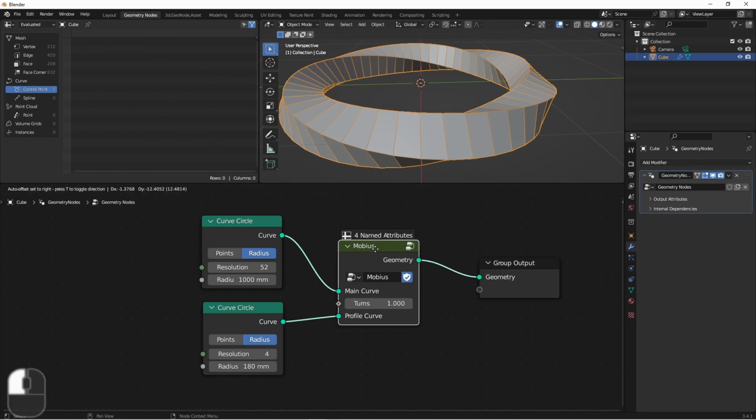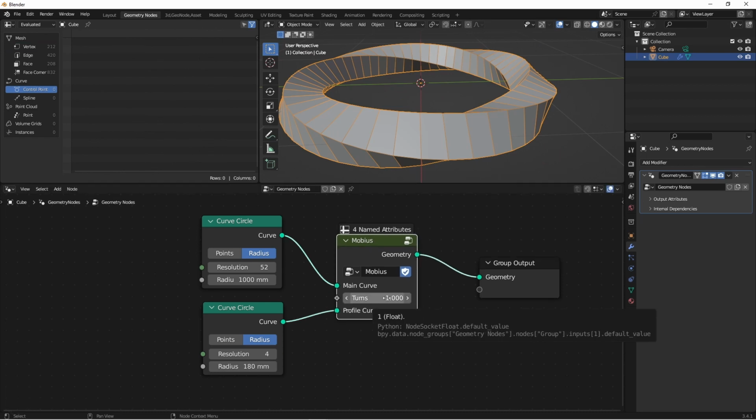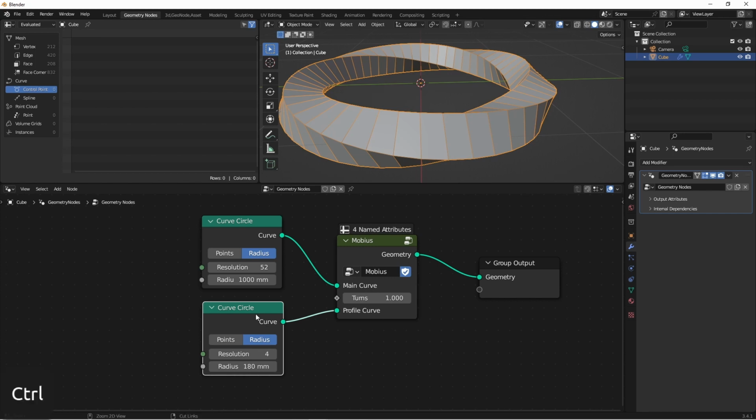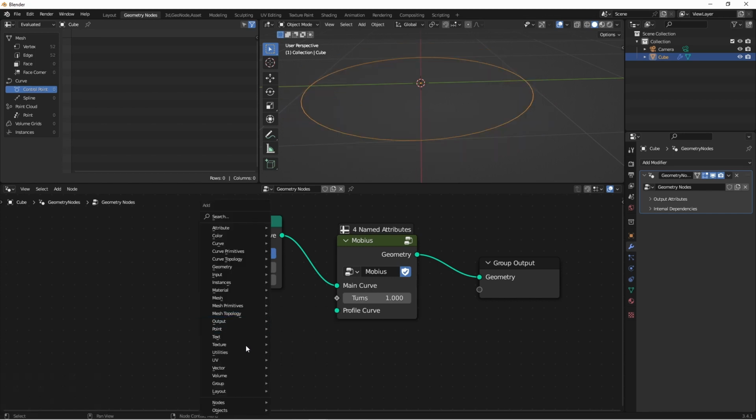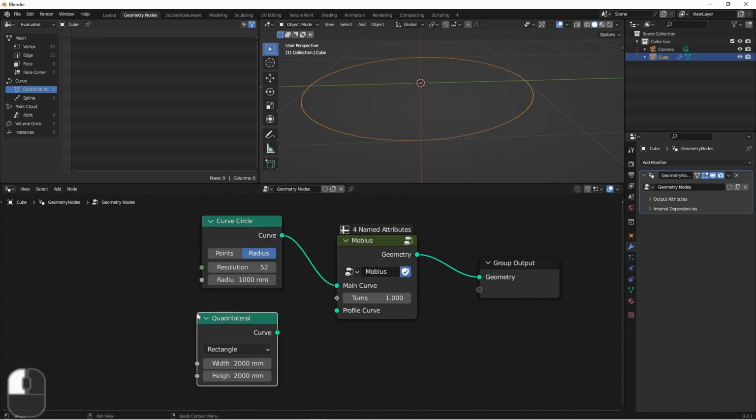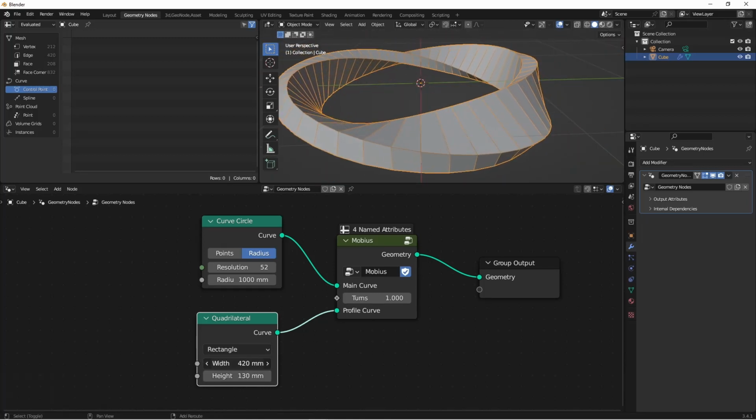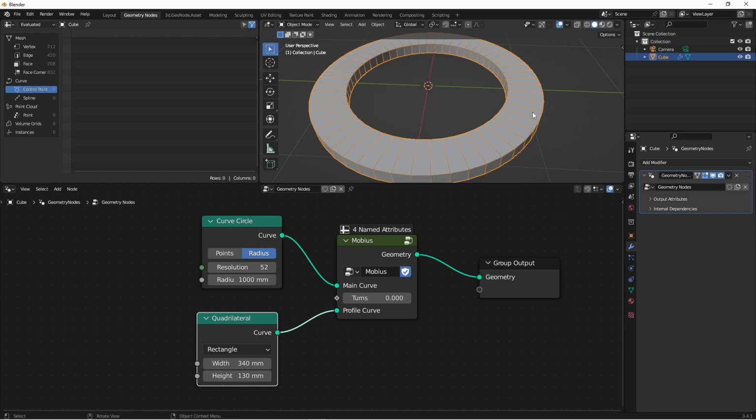So as you work with this Mobius node, make sure your number of turns is related to the resolution of your curve circle. That is to say, if your resolution is 4, your turns should be some multiple of 0.25. Let's replace our curve circle with a quadrilateral. And make it wider than it is tall. Now, even though this has 4 sides, if I only do a quarter turn,